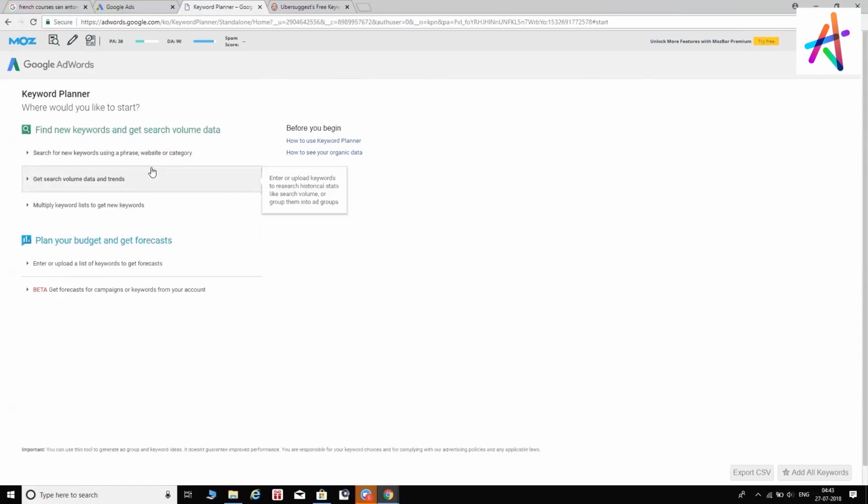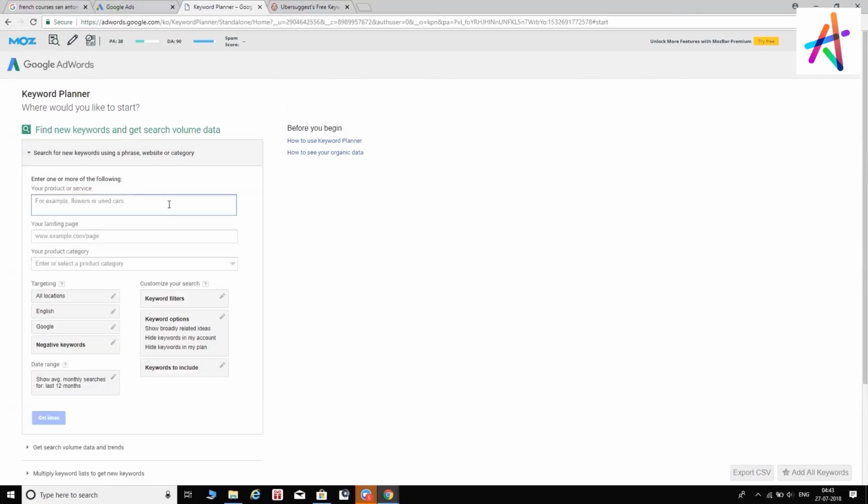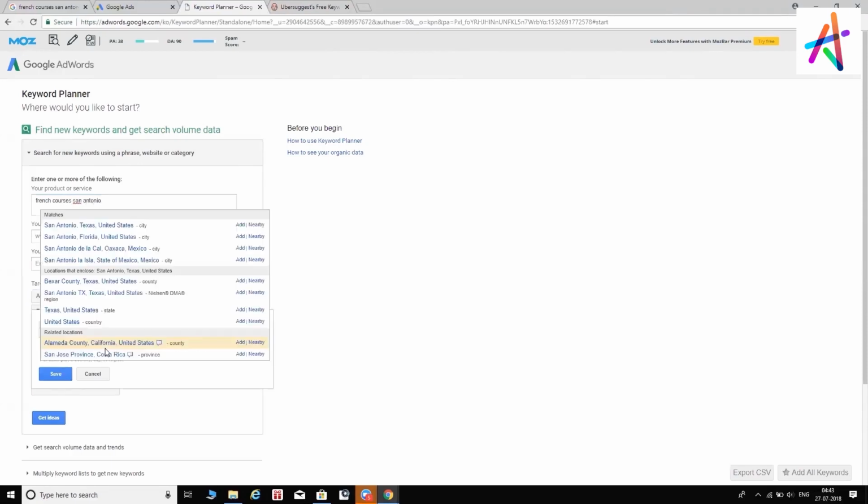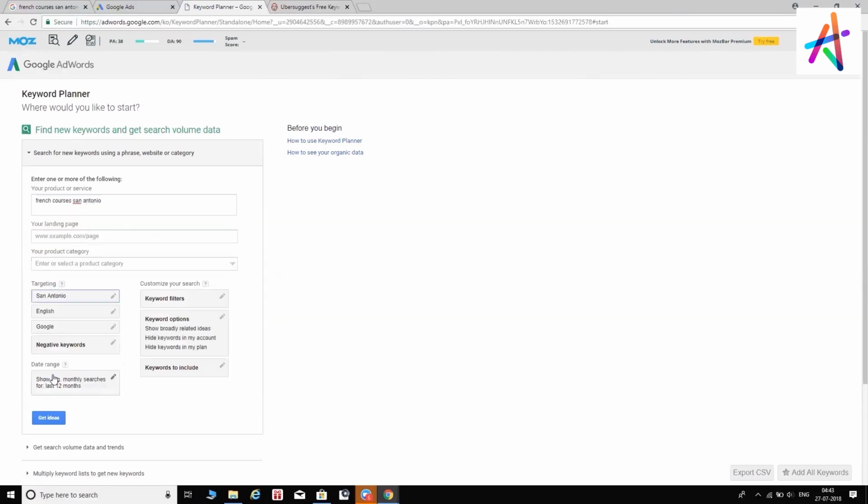Okay, we have three options here. It says search for new keywords using phrase, website, or category. I'm going to click on that and type French courses, San Antonio. You see how cool is that? Super easy. You can put in your landing page and all that, but I just leave it empty. All locations, no, I'm going to look at specifically San Antonio, Texas. Let me go ahead and type that in. You see,